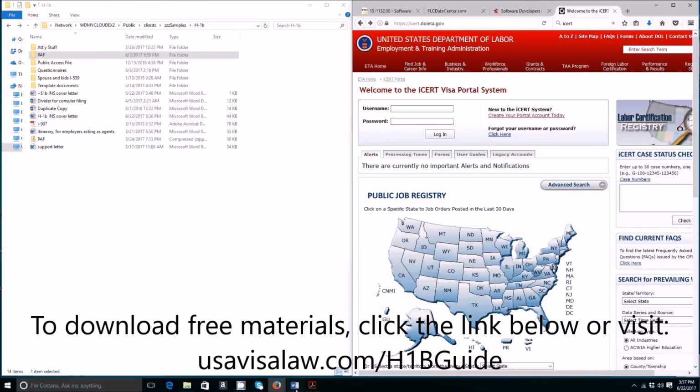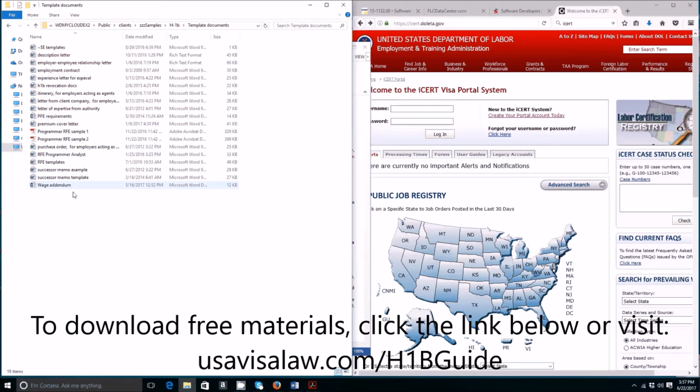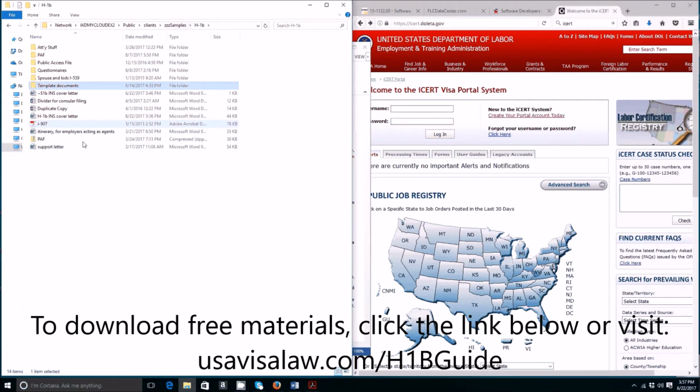So let's go back to the form, the cover letter. Now, there's an LCA that needs to be filled out, as I mentioned, and that would be Exhibit 3. Next, we have a support letter. So we do have a template support letter in our template documents, and as you can see, there's quite a list of template documents, and most of these are not used in any H1B petition, but there are a few that are used. The support letter is actually kept in our main folder, so you can open support letter, and